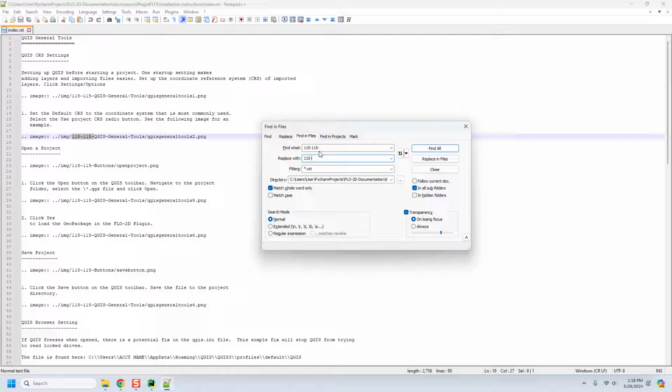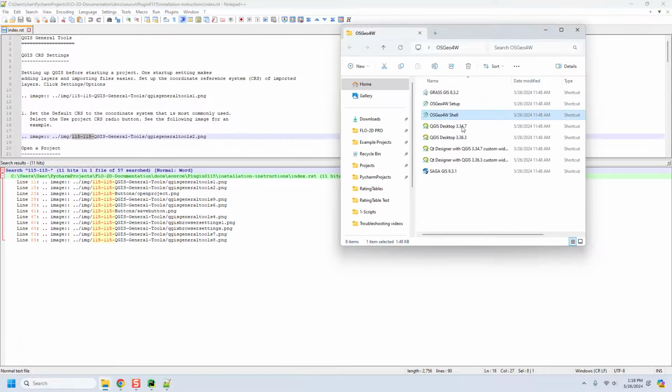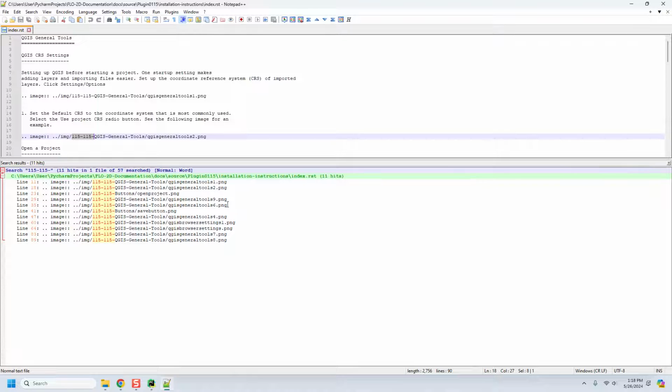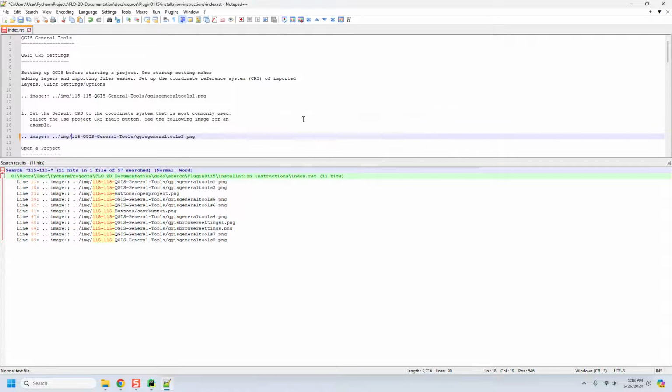and rename everything. And I'm only going to search in the files that end in .rst, and I'm only going to search in this one path, and then I'm going to click find all. And there's not a ton of them, there's just a few of them. And then I'm going to click, sorry, let's get back here to Control H, and then I'm going to click replace all. And now I'm going to close that, and